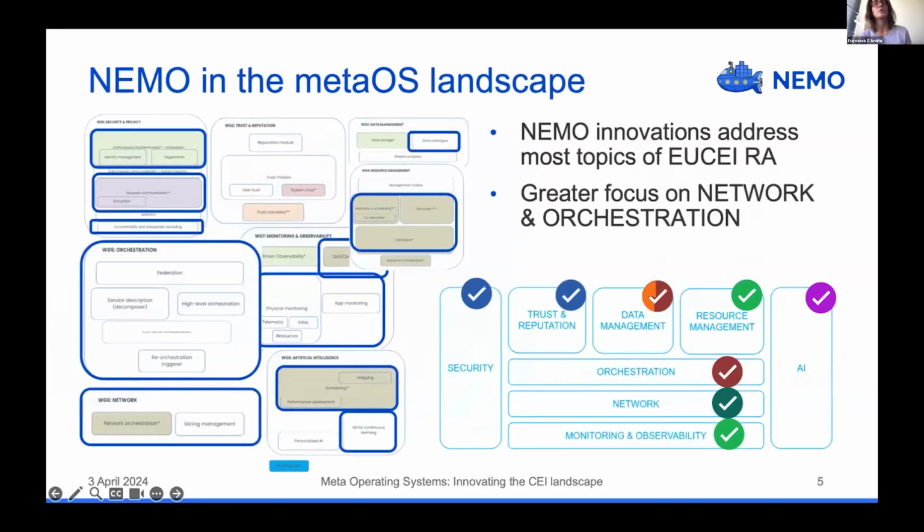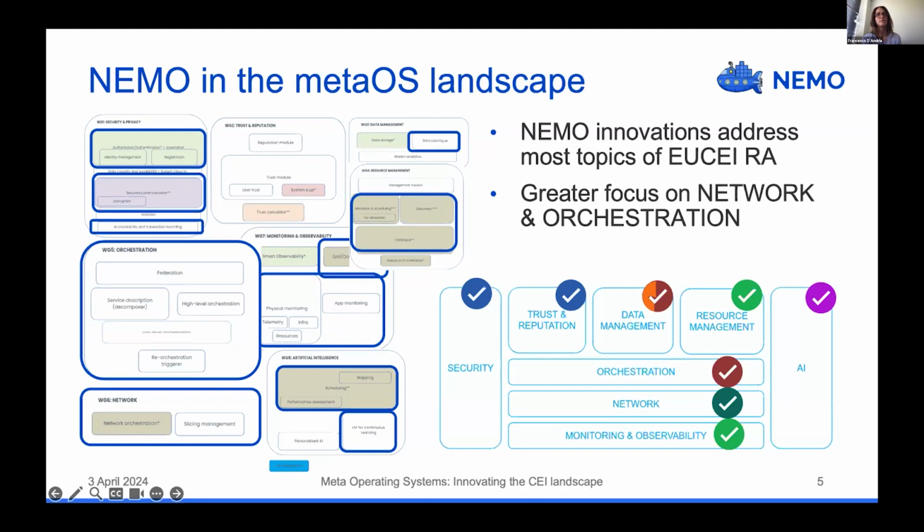So, moving to some details on the alignment of our activities with the activities of this EUCloudEdgeIoT community. We have been following the activities of Task Force 3 as the rest of the projects, and have made an initial exercise of aligning the components of our architecture with these functionalities envisioned in the proposed reference architecture so far by EUCloudEdgeIoT.